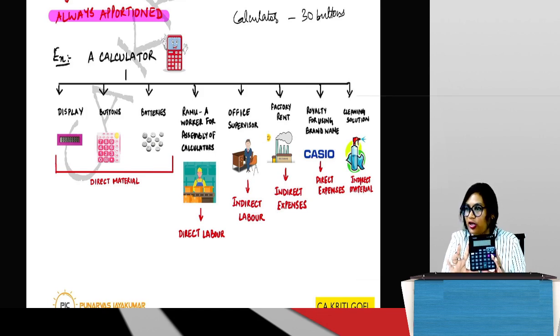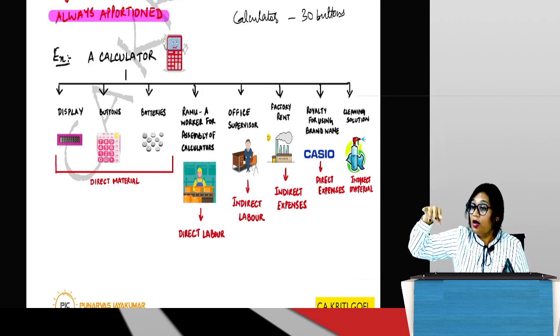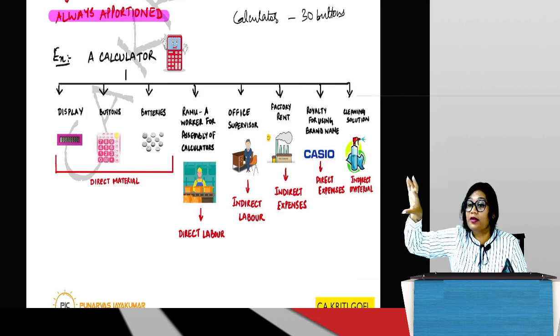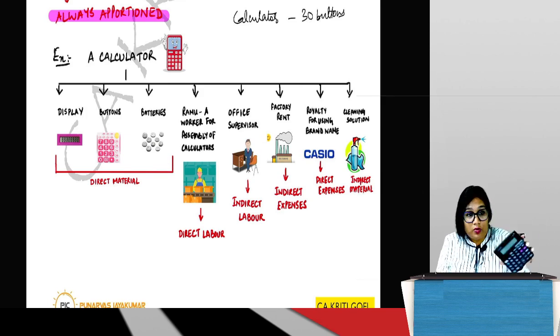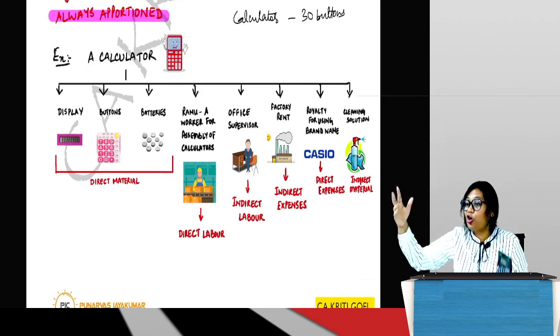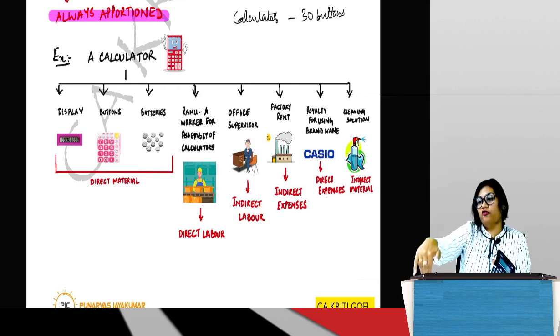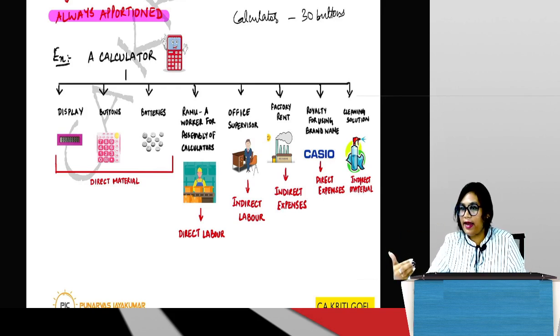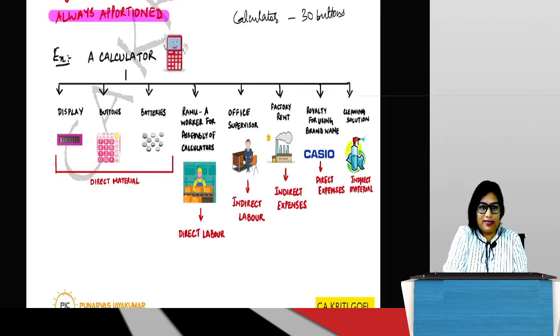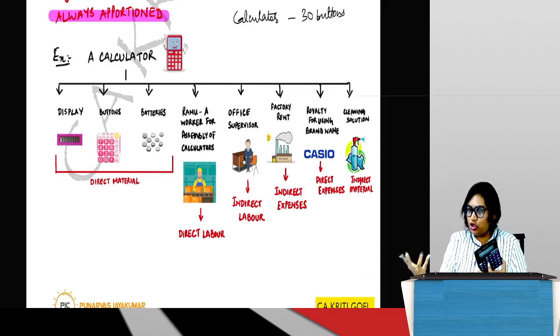If I want to calculate how much is attributable, what will I have to do? I will have to find out how much cleaning solution was used in this period. Then I will find out the cost. Then I will ask how many units were manufactured. Then I will take that cost divided by the number of units, then give you. So much calculation is involved, right? Which means it is indirect. It is not direct. So did you understand example of an indirect material? So direct material example was display buttons, right? Indirect material was cleaning solution.